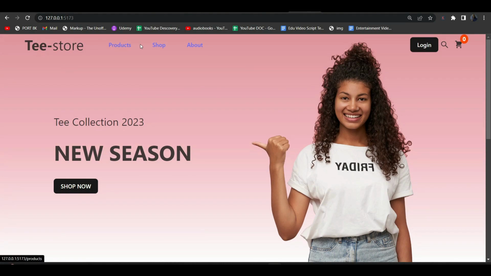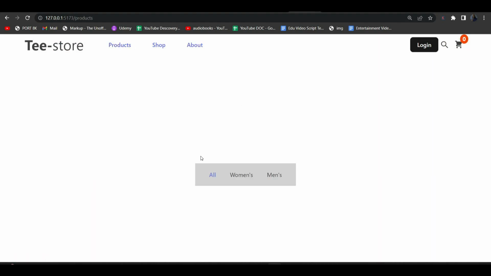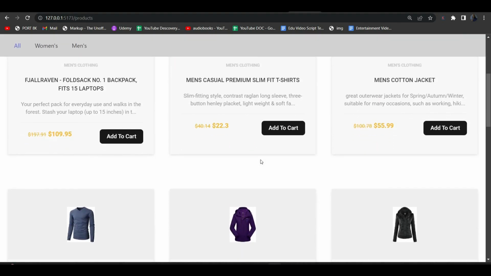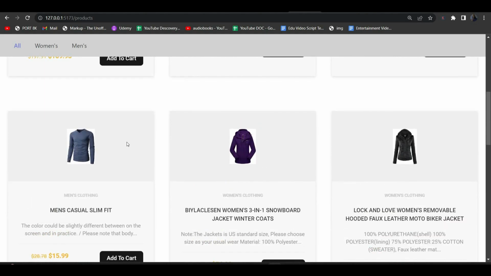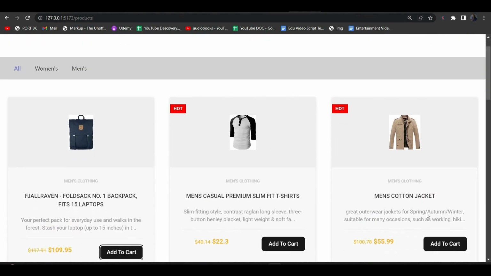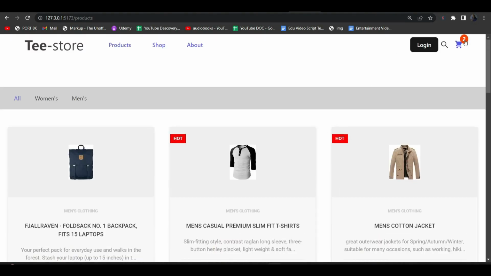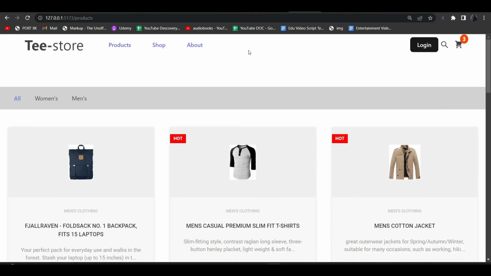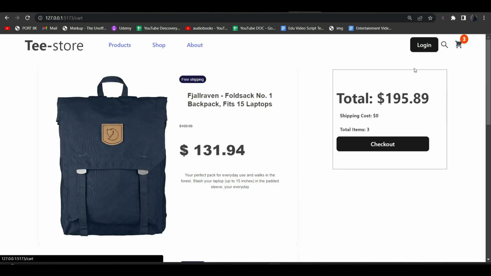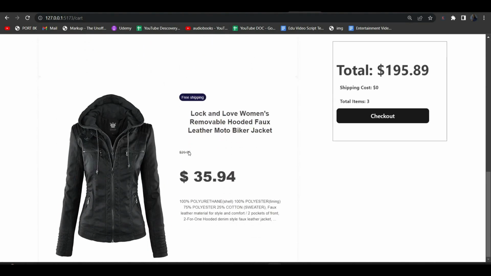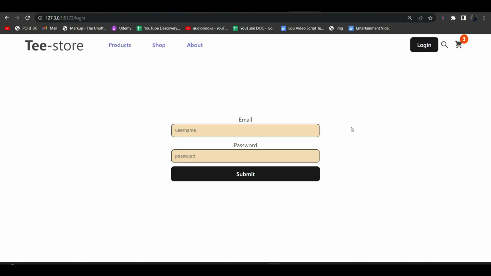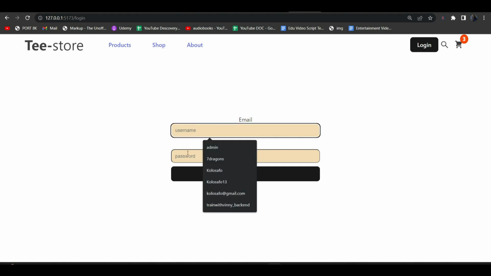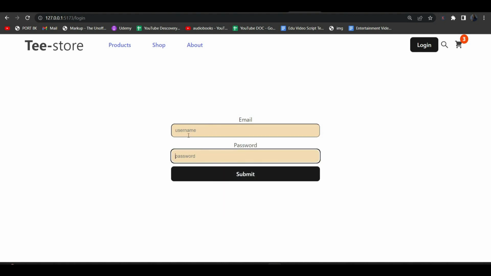Alright, if we use the navbar and click on the product, we go to the product page and we have a bunch of products, right? And we can also click add to cart, and we have our cart updating up here. If we click another one, we should now have 3. And if you also click on this cart, we should go to the cart page where we can now click on checkout, which requires us to log in before we can check out,